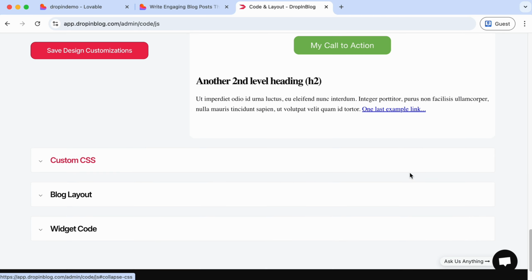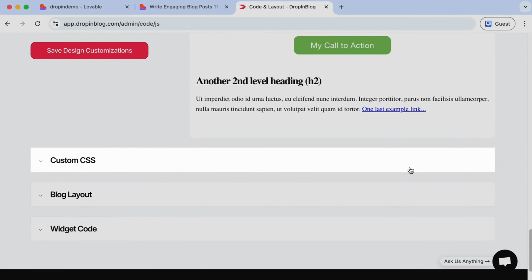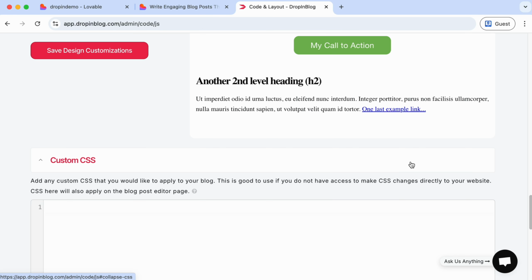And if you want to make more advanced changes, you can use the Custom CSS section and add your own custom CSS. You'll want to make use of this if you want to change the blog's default text, colors, and placement, or if you want to add gradients, custom animations, and other more advanced customizations. With the use of these customization options that Drop and Blog offers, you're sure to create a beautiful blog according to your preference.